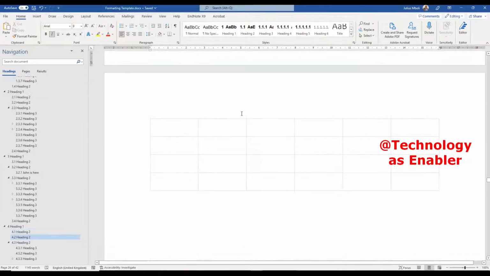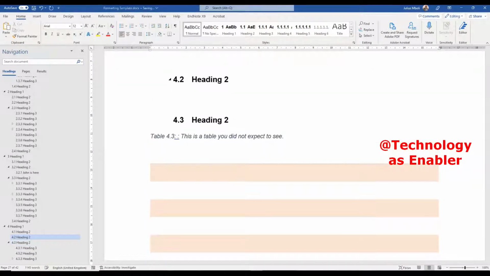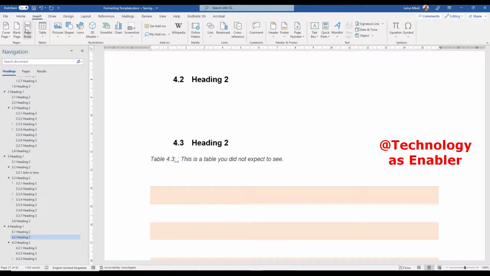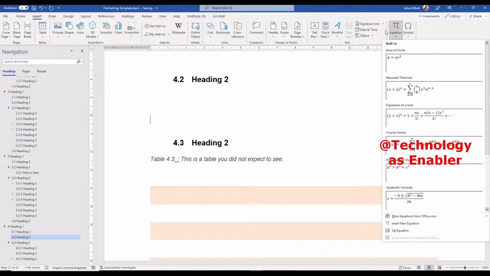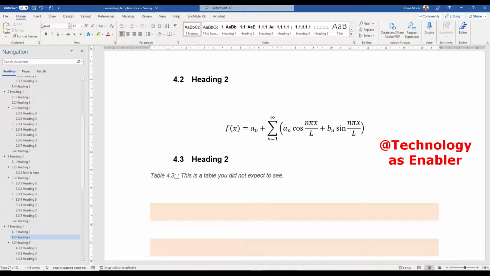Now we've done it for tables, we have done it for figures. Let's do it for equations as well. So let's say you have lots of equations. Maybe you are doing a technical research, a computational one. You have used a lot of equations, a lot of derivatives, and you want to make sure that you name your equations properly. One way to do that is using caption. So I'm just going to come here and insert an equation. I will just choose any random equation here. Don't worry if you don't understand what this equation is all about. Then I will click here and say